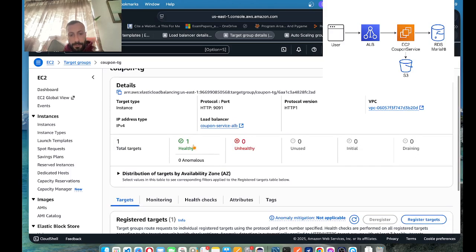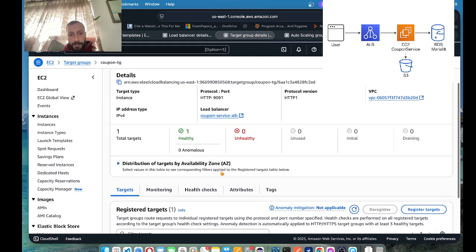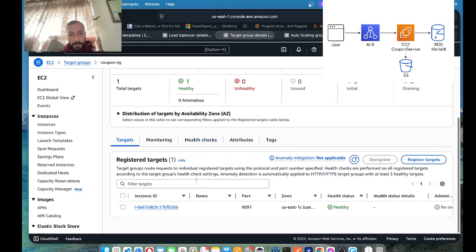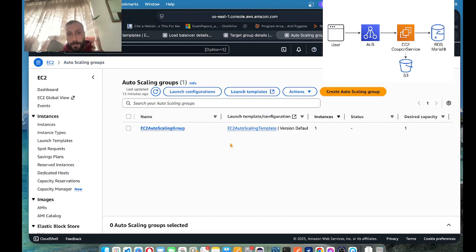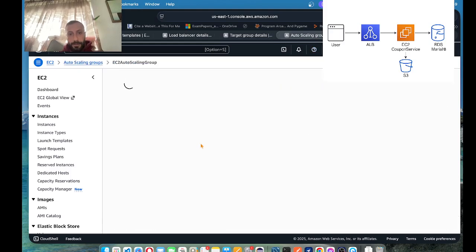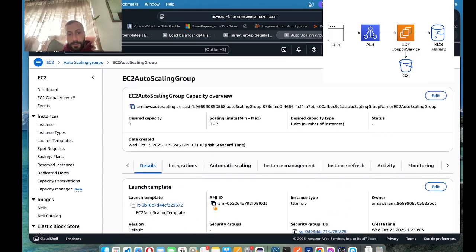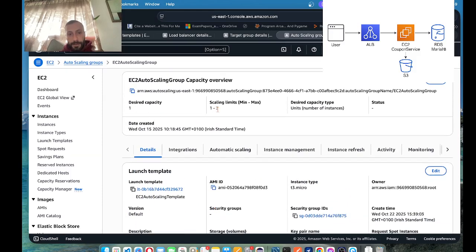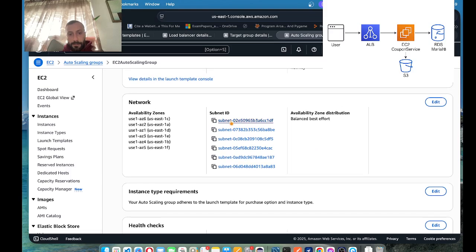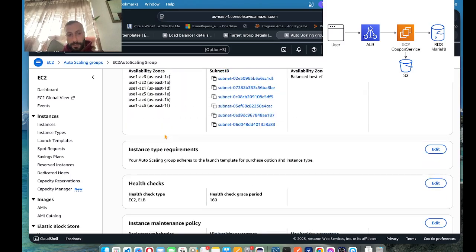There is one instance because I set the minimum of the auto scaling group to 1 and the maximum to 3, so it will have one anyway. So this is the instance running now, and the auto scaling group checks and adds instances or removes instances, and here's the max and the min and the desired capacity, the subnet ID and the network availability zones, so to be able to access from different zones,